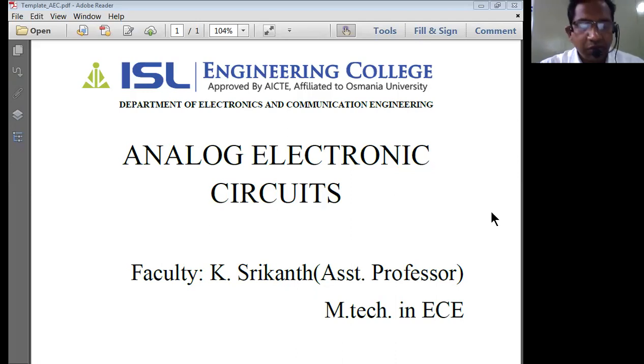In today's session, we'll have a recap of all the topics that we have completed in the fourth unit, that is power amplifiers. That means a summary of all the power amplifiers and their basic features. And then, before we start problems, one more variety we're going to see is the push-pull type of class A power amplifier.